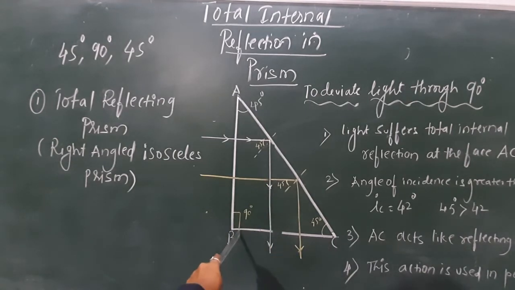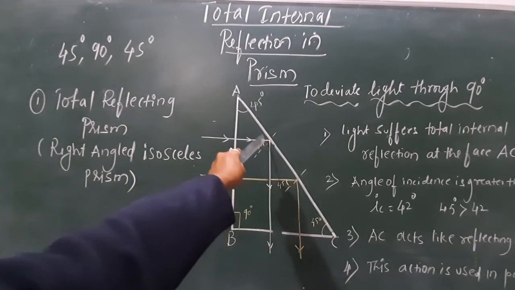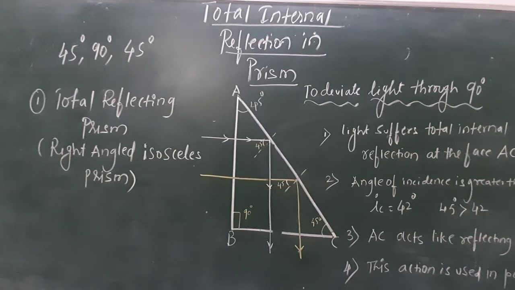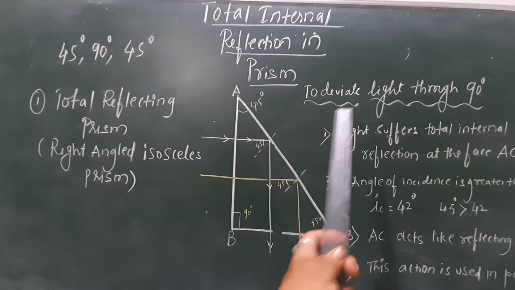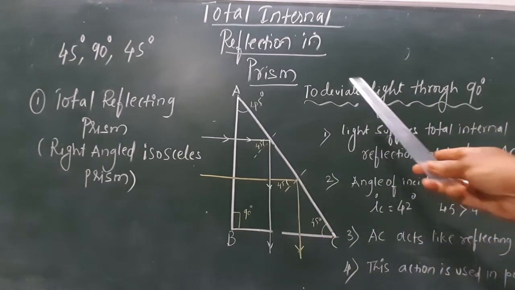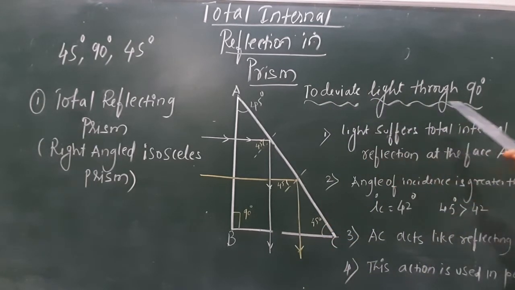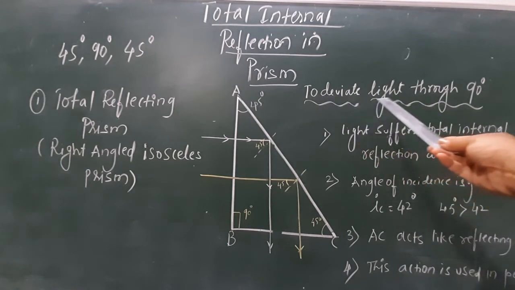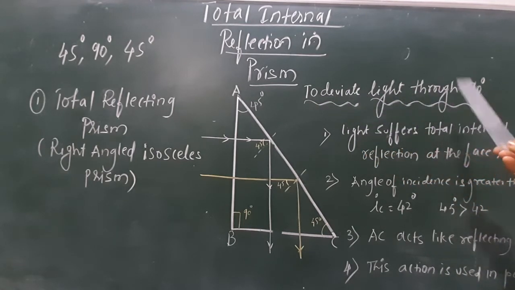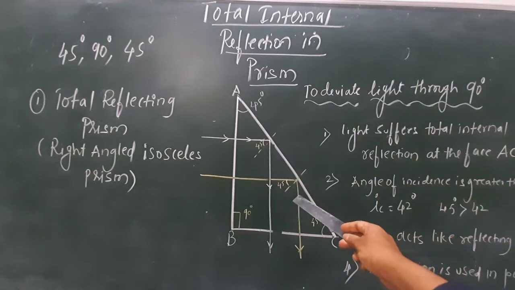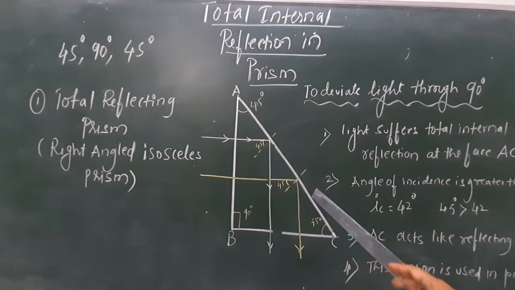After total internal reflection, the ray of light travels straight in the path. Now BC becomes a perpendicular surface to the reflected ray, so the ray of light comes out as it is in a straight path. If you take the arrangement of the prism in this manner, then the ray of light gets totally deviated. That is why the title is given very clearly: to deviate the light through 90 degrees. If I want to deviate the incident light by 90 degrees, then this is the position of the prism which I have to take, right?